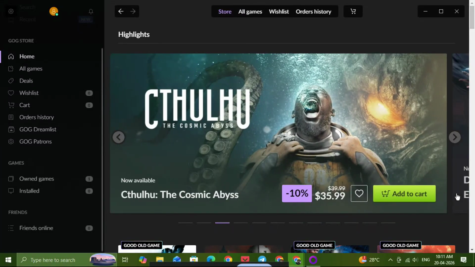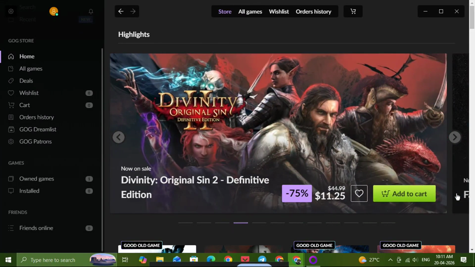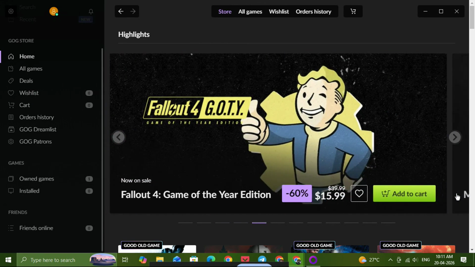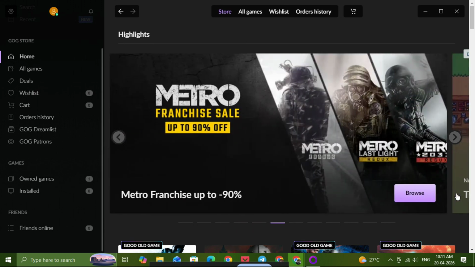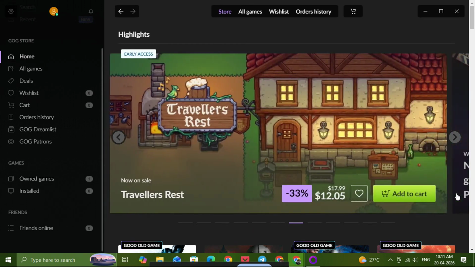If you want to learn how to install GOG games on your computer, you're in the right place. In this quick tutorial, I'll show you the simplest way to get your game installed step by step, even if you're brand new to the GOG app. This is a great method if you already own a game and just want to download it and get playing